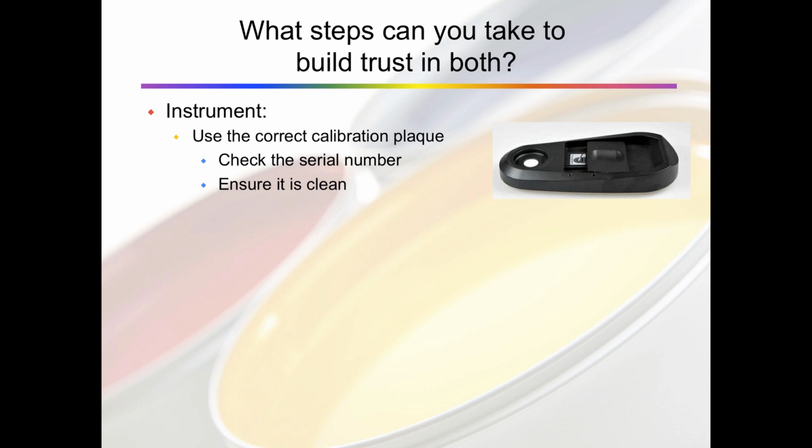Now let's take a look at the instrument. It's critical to use the correct calibration plaque. You may not have known this, but the calibration plaque that came with your instrument is a mass-produced piece of material, so it is tied to the instrument that it comes with at the factory. You should find the serial number of your instrument on the bottom of your calibration plaque, and it's critical to check that serial number and make sure that it matches the instrument that you're using it with. If you were to use the calibration plaque from a different instrument with another one that the serial numbers did not match, you would have grave risk for artificially influencing the results from your instrument because of bad calibration.